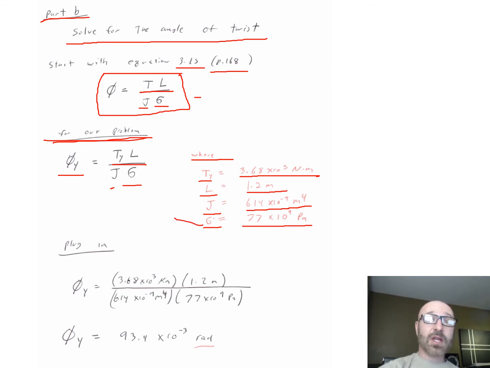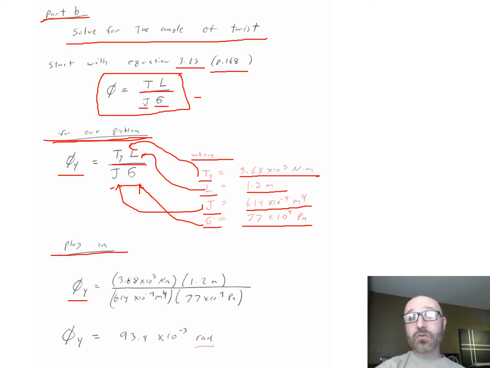Plug all those in. There goes my G there. Plug in my J over here. Plug in my value for L here, and plug in my value for T sub y up there. Those are all numeric values. So when I plug in, I end up with the angle of twist they're asking us to solve for. Plug that in. This is 3.68 times 10 to the third